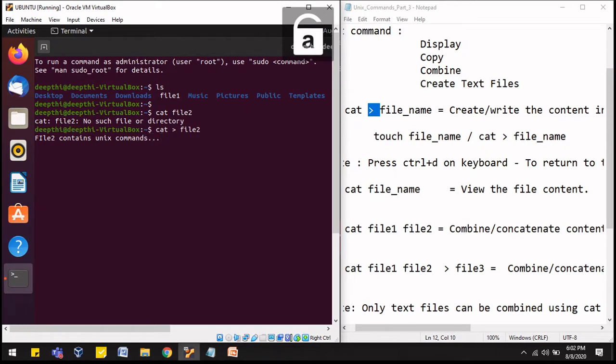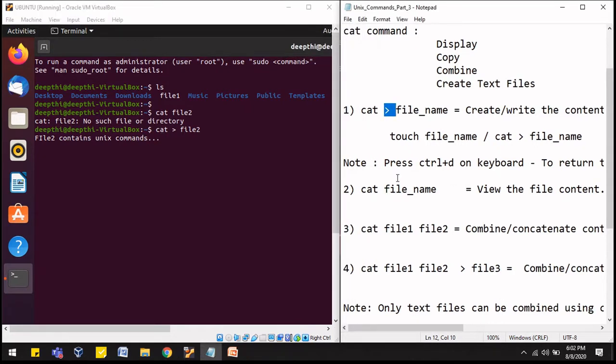And then when I want to come out of this, I have to press Ctrl plus D on the keyboard to return to the command prompt. So I'm pressing Ctrl and D together to come out of this file. Yeah, see, I have come out of it.